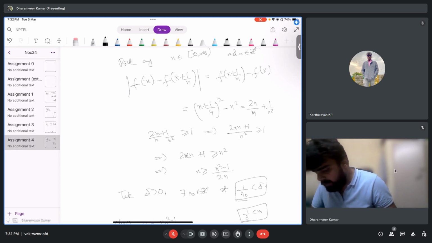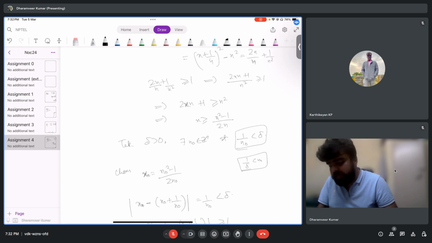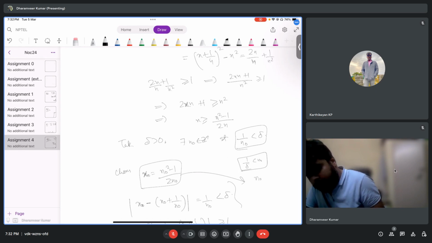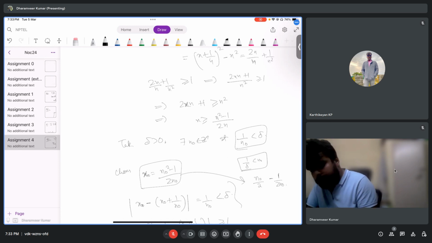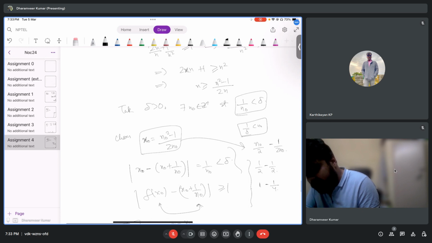Now note, where does this x naught lie? No matter what delta you choose, I'll choose some natural number. Where does this lie, x naught? If we divide it, what is the first value? 1 by 2 minus 1 by 2. Second value, 1 minus 1 by 4. Third value, 3 by 2 minus